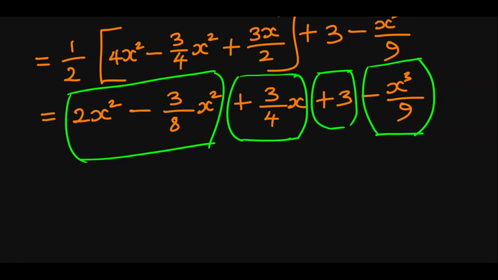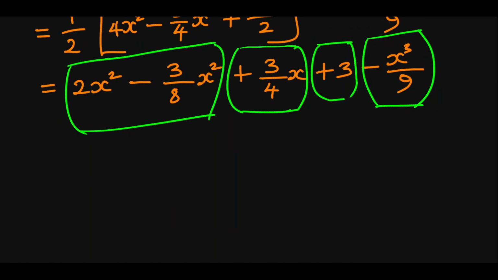So this is how we are going to look at these terms and solve them and then put the answer in that way. One answer with the x raised to power 3, the other one with x raised to power 2, the other one with x, and then the one with the whole number. So based on what we've said now, it means that these three are ready to appear in the answer, but this particular one with x squared is not yet ready because we still have two terms. So what I will do is put over 1 over this 2x squared and then see if I can simplify these two. So to do that, I find the LCM.